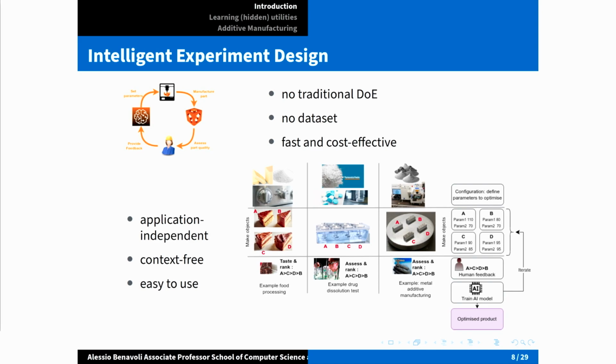Okay, but what about drugs? Part of drug manufacturing is the dissolution test. Drugs must satisfy some dissolution curve, but again, the problem is similar. We have ingredients, we make objects, there is someone that assesses them, and we loop. And what about additive manufacturing? Again, the ingredient is metal powder, we have a laser machine, and so on. So this is the idea, and it's application independent and context-free, because we don't exploit anything but a data set that is built before. Okay, but how can we do this